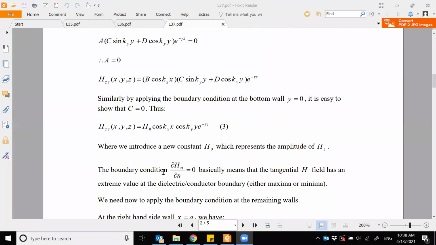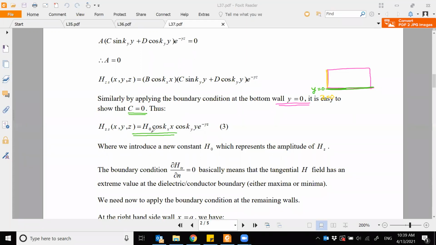Now, in a similar way, if you again apply the boundary condition to the bottom wall, y is equal to 0, okay, this wall. So we applied here at x is equal to 0. Now, if we apply here at y is equal to 0, then you will see that C will vanish, C will become equal to 0. You can do this at home. And then we will end up with this expression,